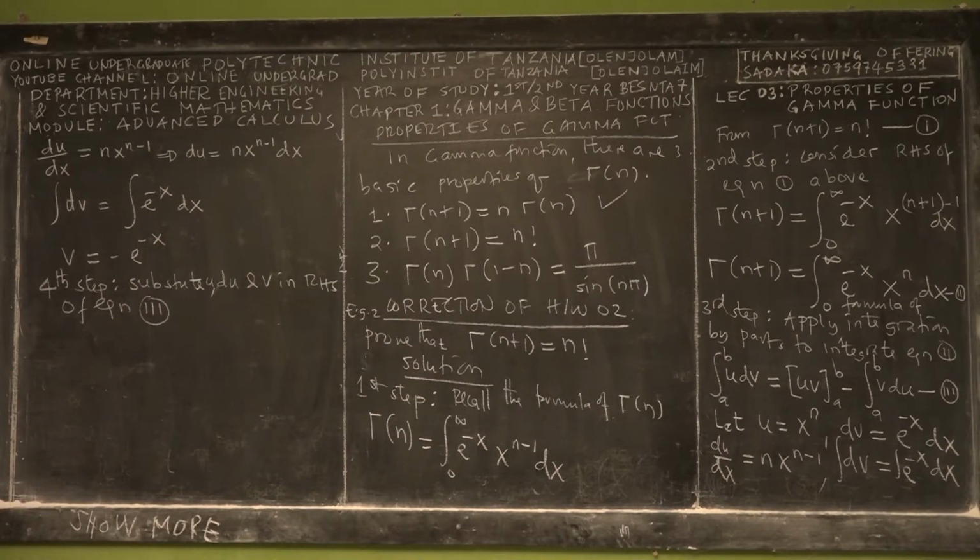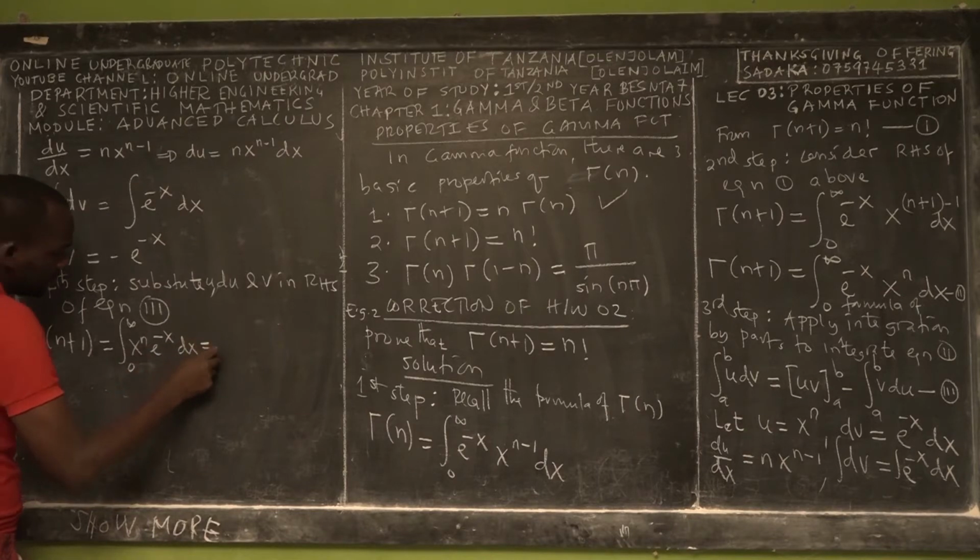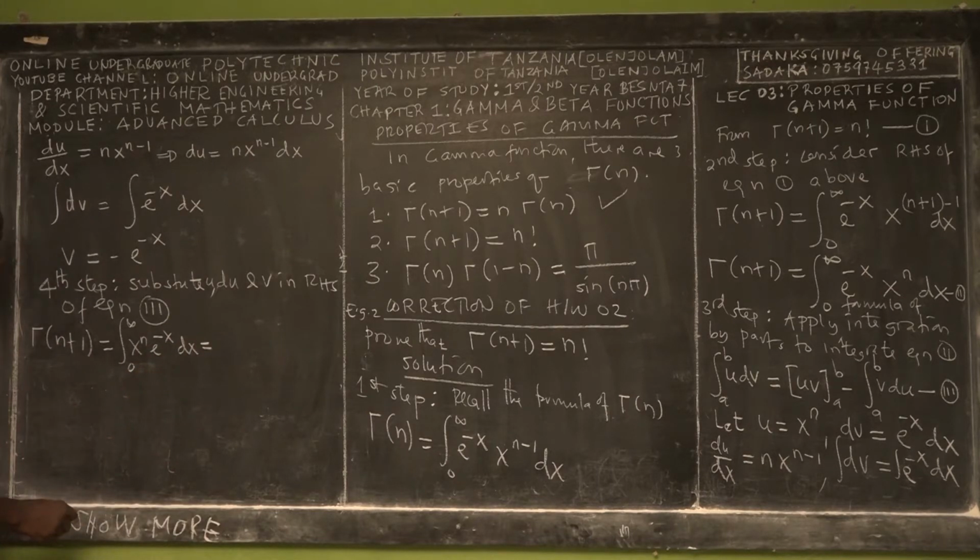So gamma of n plus 1, which was the integral from 0 to infinity of x to the power n e to the power negative x dx, is equal to